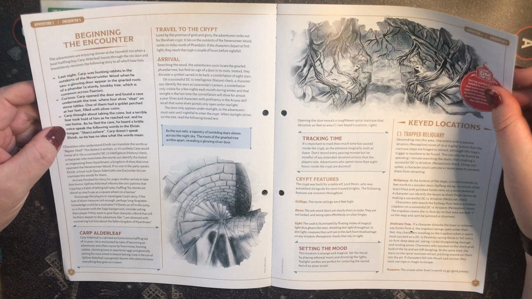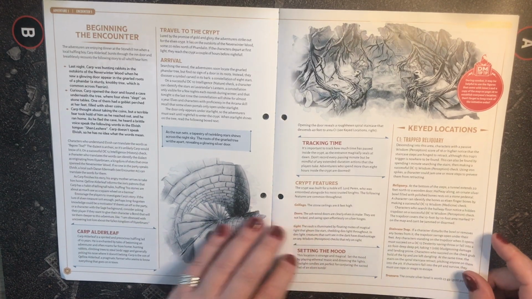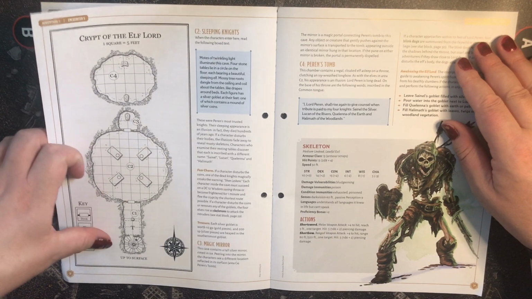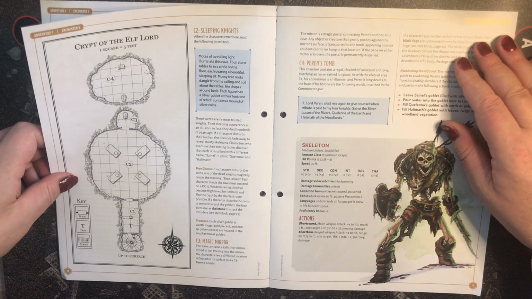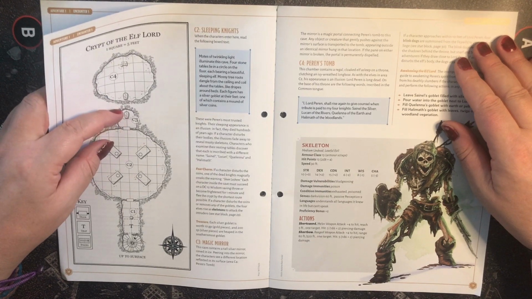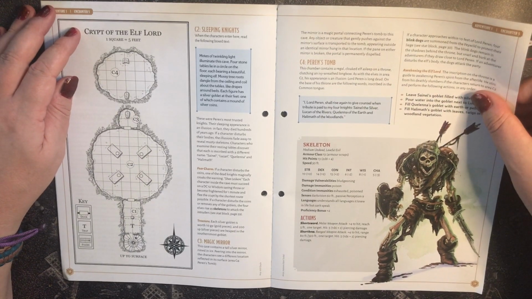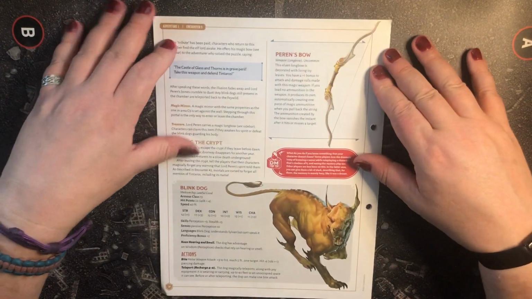Alright, tracking time. Keyed locations, so we've got a trapped reliquary. I'm not going to start messing about with trying to say words again. Crypt of the Elf Lord. So this looks fairly easy to produce. So we get a trap in the first part. So doors, and then C3. Magic mirror. So this looks like it's a magic mirror into the next chamber. There you go. So we're going to be battling our skeletons,